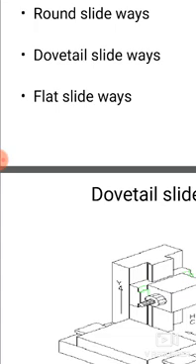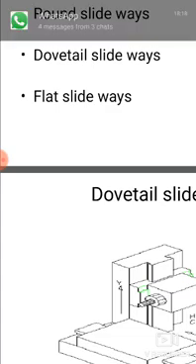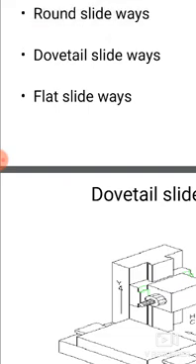This flat slideway is simple in construction and offers a quick, large bearing area. So what does it do? It makes construction very quick and gives a large bearing area to the moving part. So for moving the part, this flat slideway is useful. It overcomes the disadvantages of V type slideways.